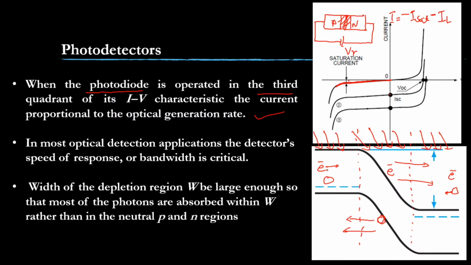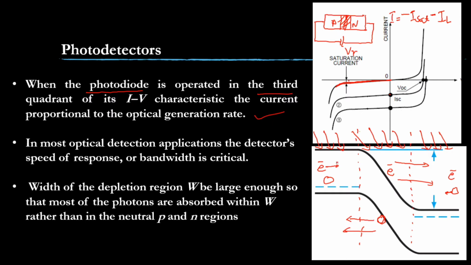So if more light is falling on this neutral region, the device may not be able to detect the light, because the charge carriers developed during the photon fall are not transported. They are not crossing the junction, and they are not collected at the anode side and cathode side, so there will not be a current, and we cannot detect the light fall. Thus preferably, what is the condition we are supposed to maintain?